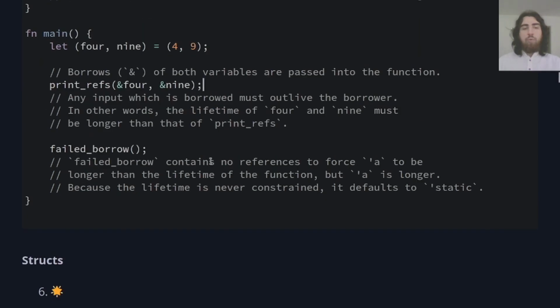So failed borrow contains no references to force A to be longer than the lifetime of the function, but A is longer, because the lifetime is never